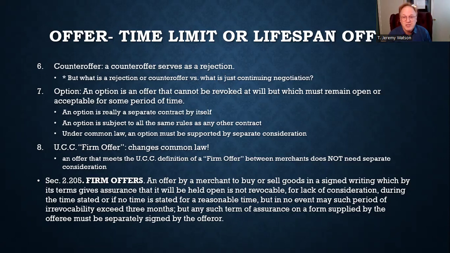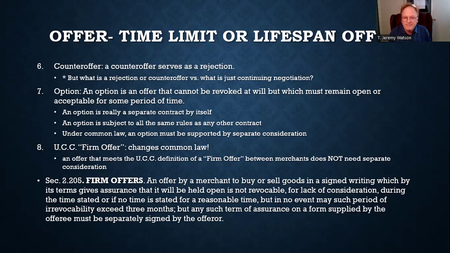If you want an option to be enforceable, it has to be supported by consideration, right? What kind of consideration? Well, we'll talk about consideration another week or two. We've already heard about the peppercorn, right? Turns out just about anything could be consideration. If you gave them a peppercorn to hold that offer open until Friday, that would be sufficient consideration. If you gave them $1, as long as you actually gave them the dollar, that would be sufficient consideration. They would have to keep that offer open until Friday, or else they would be in breach.